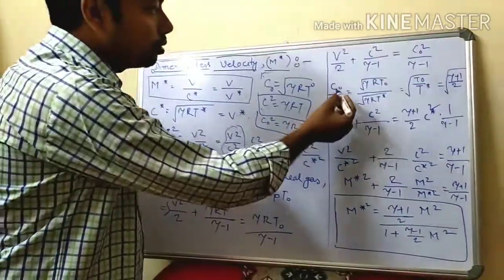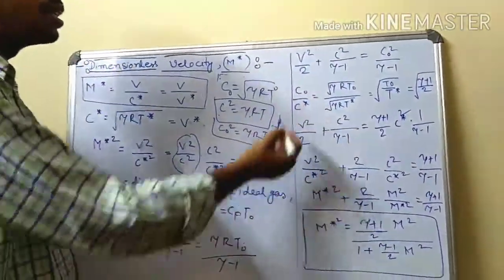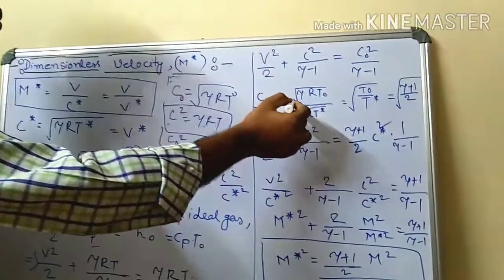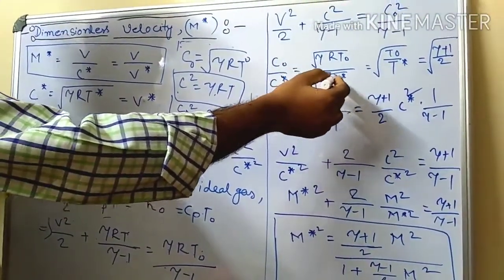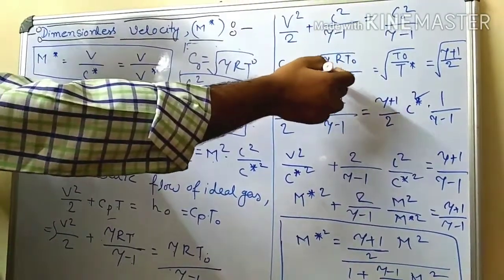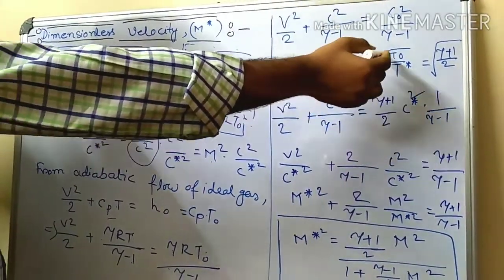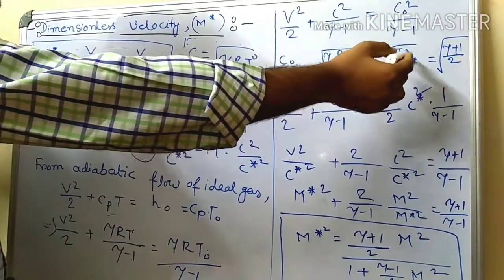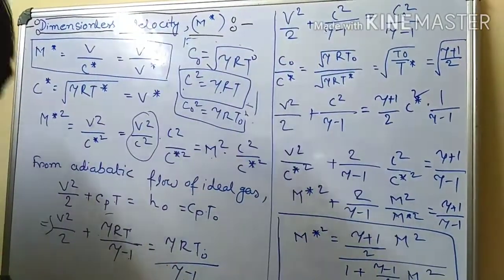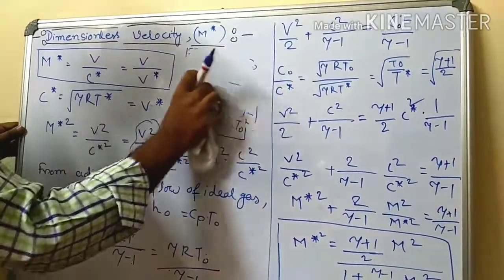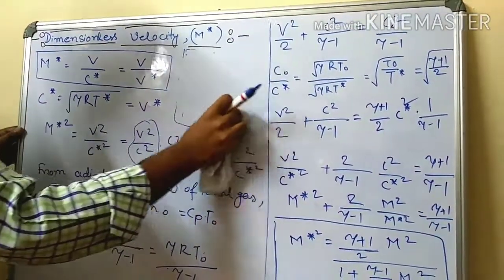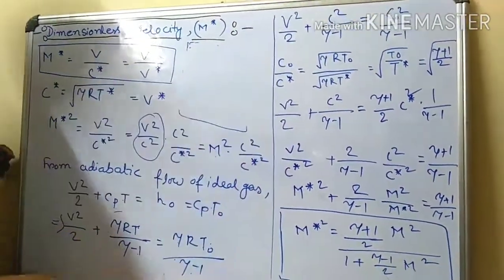Now, you know that C0 by C star: C0 is equal to under root of gamma T0, divided by C star, which is equal to gamma T star. Now, gamma will be cancelled. So that will be T0 divided by T star, right? Now, T0 by T star, you know, from the stagnation properties in the critical flow chapter,